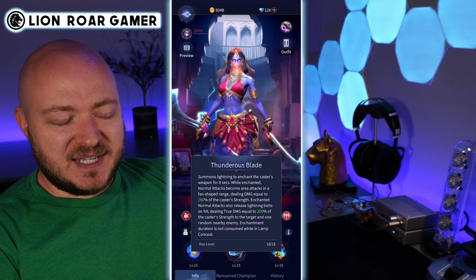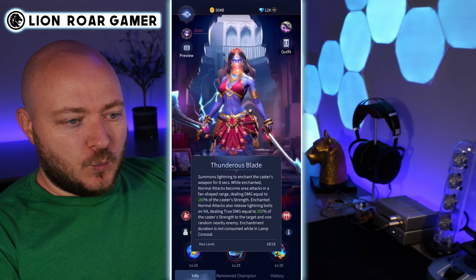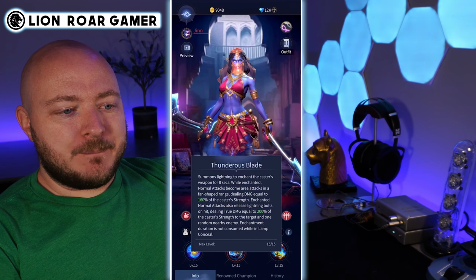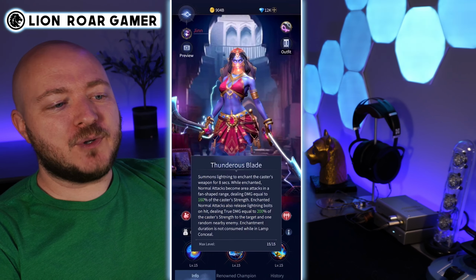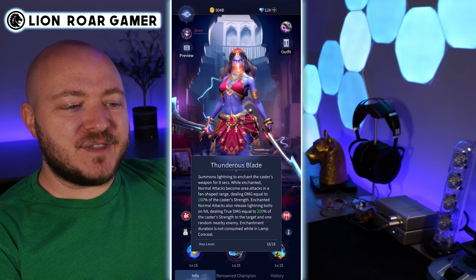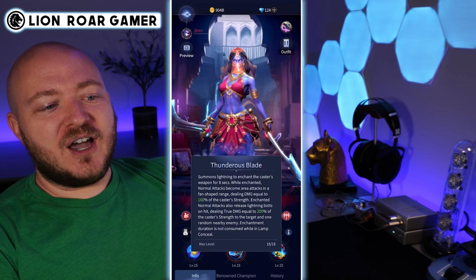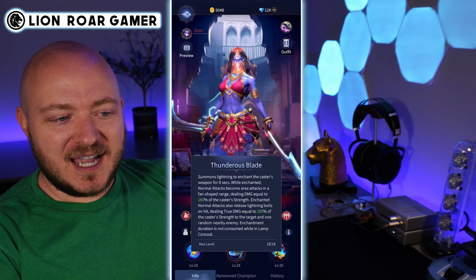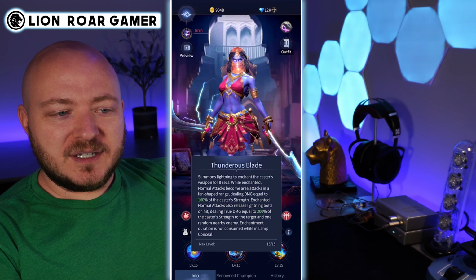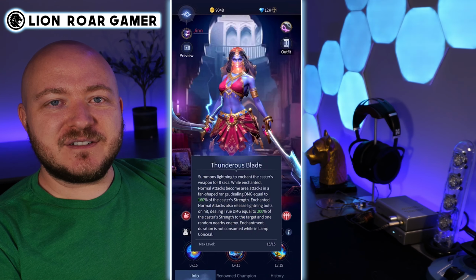Now, Thunderous Blade is the ultimate. Summons lightning to enchant the caster's weapon for 8 seconds. 8 seconds is forever. While enchanted, normal attacks become area attacks in a fan-shaped range, dealing damage equal to 160% of the caster's strength. Now, I know 160% seems like it's probably not a lot, but remember, her passive is